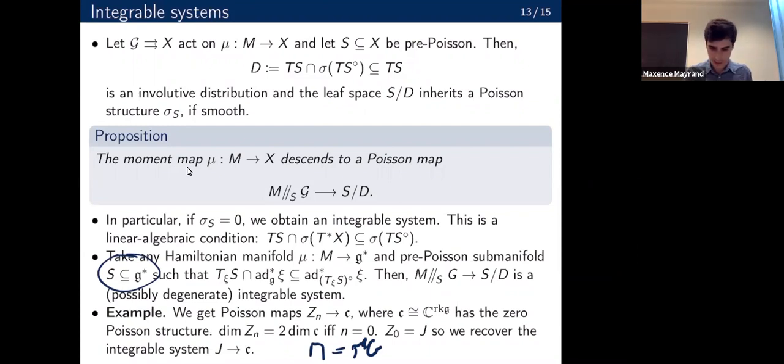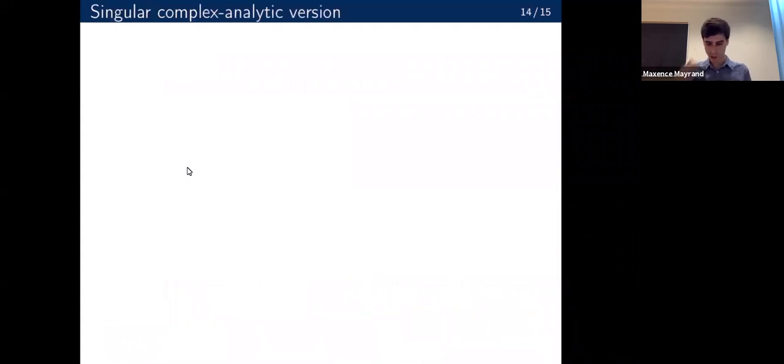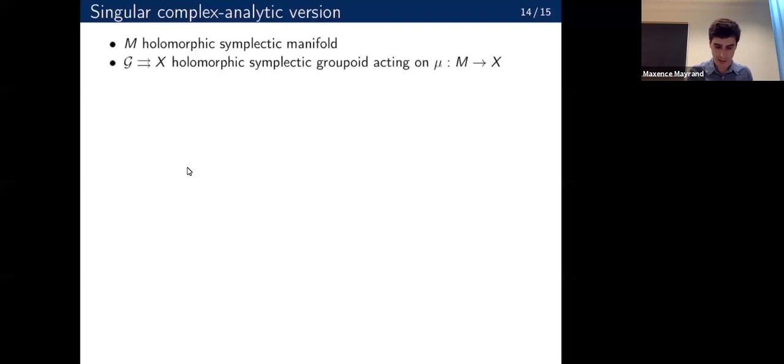So in these few minutes, I will explain ongoing work, which has to do with the singular complex analytic version and the stratified symplectic version. This is something that I've started talking about with Peter recently, in the last few weeks or months. So now we do everything in the setting of holomorphic symplectic manifolds. So if M is holomorphic symplectic, G is a holomorphic symplectic groupoid with a moment map, and S is a